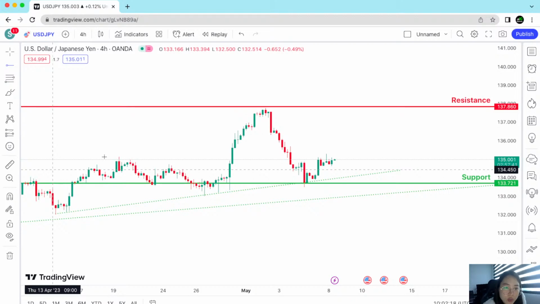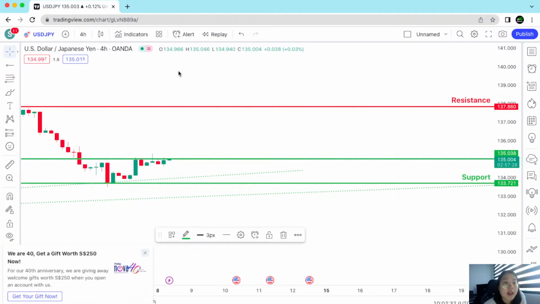I do not like playing breakout trades, although I do know a lot of traders who make a lot of money from playing breakouts. This is just my own personal preference. The trading style is basically up to the trader. Trading is an individual game. Just because someone does it some way, you don't need to copy them. So I would like to see price breakout.